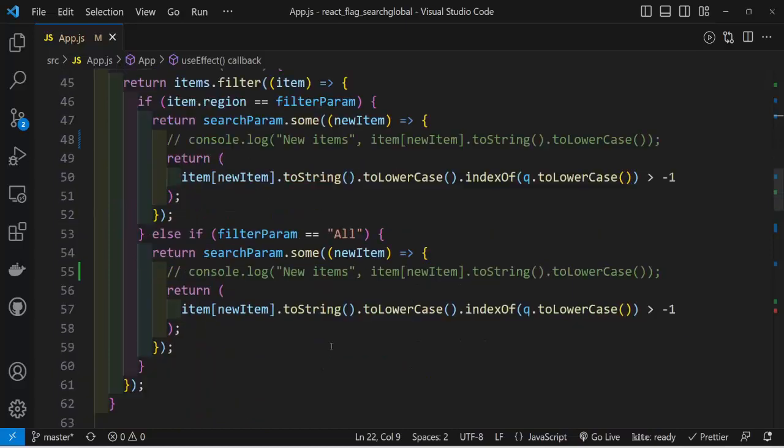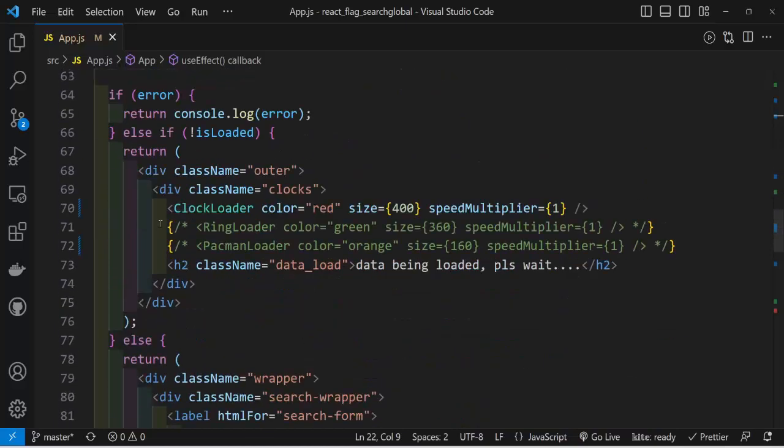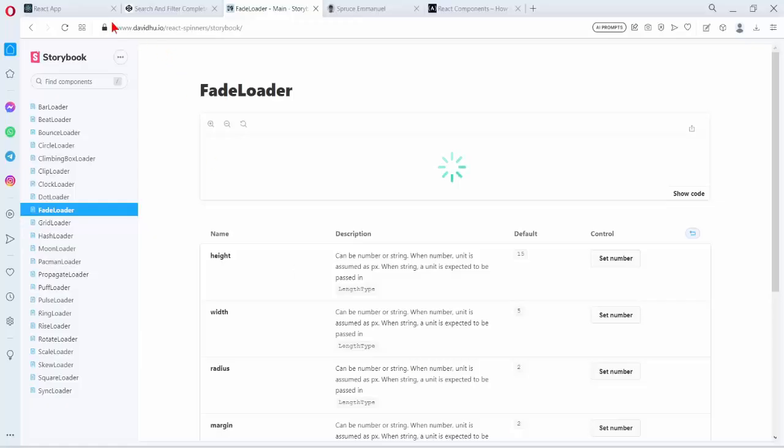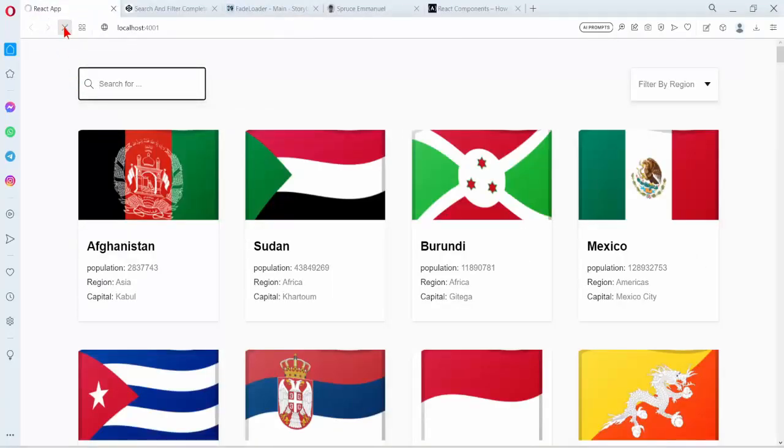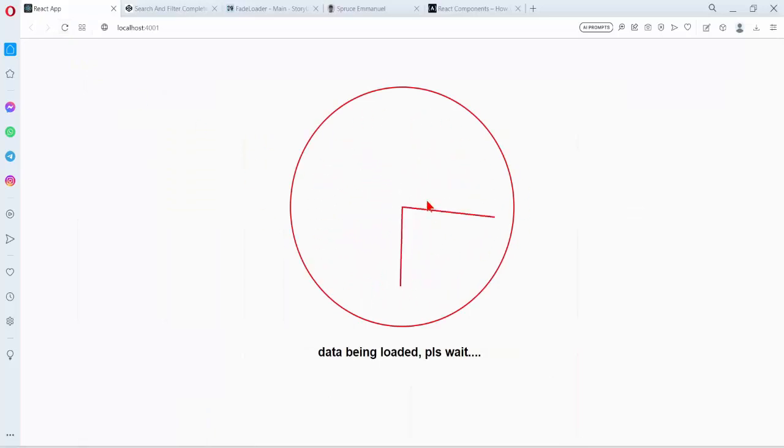Let's go through the loaders one by one. Let's look at the clock loader first. I have put size 400 and color as red. So you can see here, refresh is getting color as red, right? So the other guy, which is